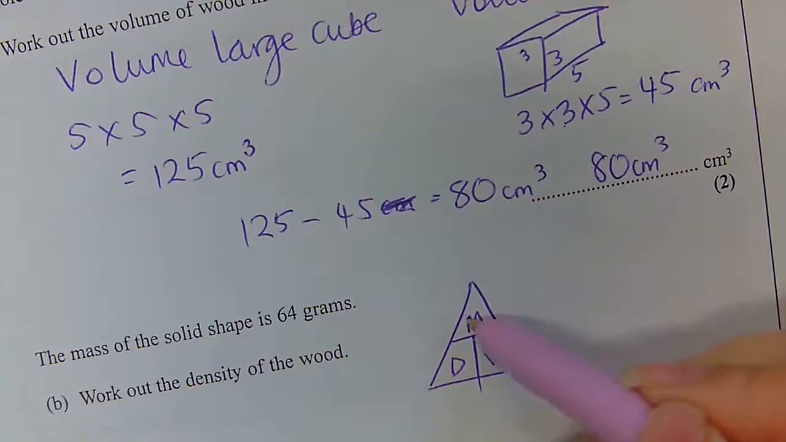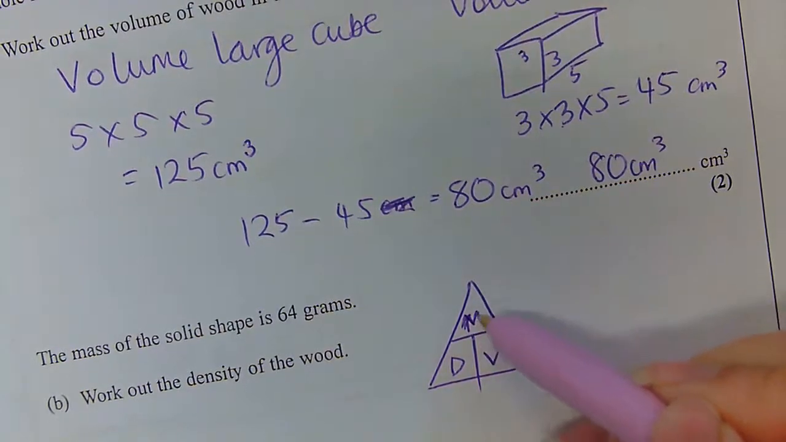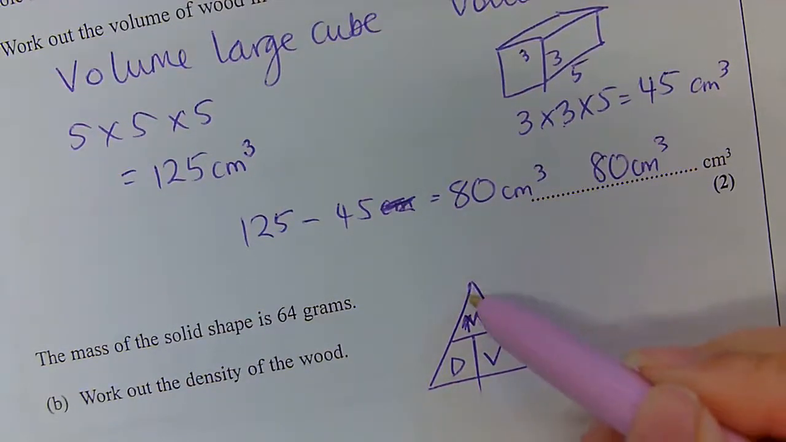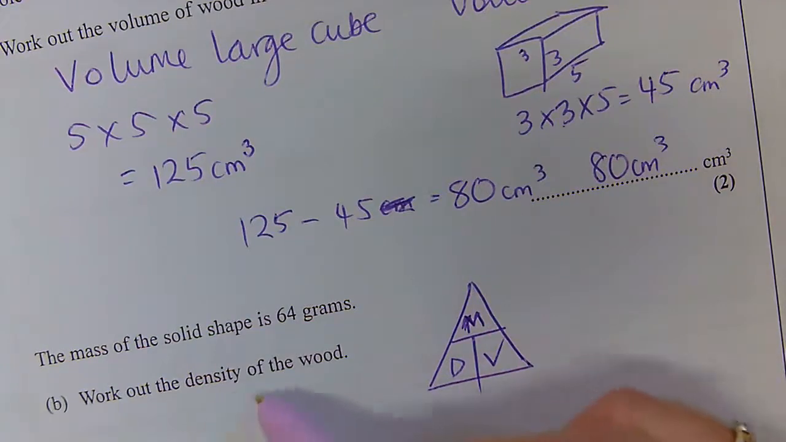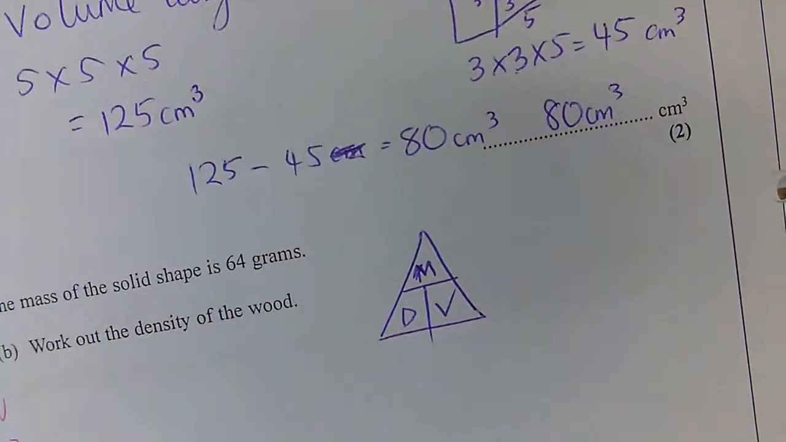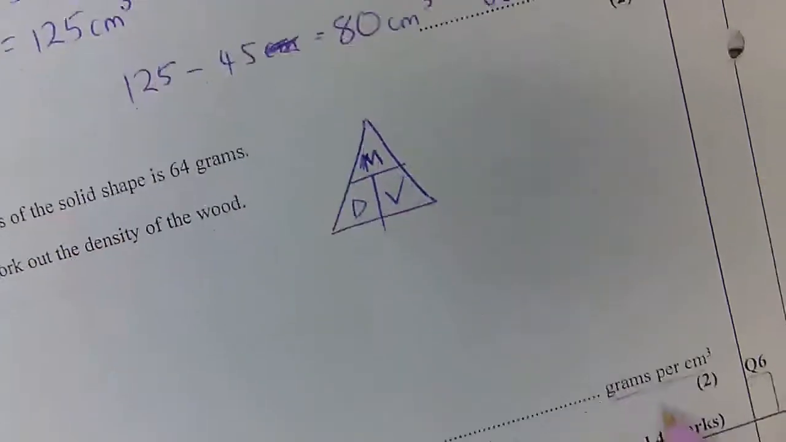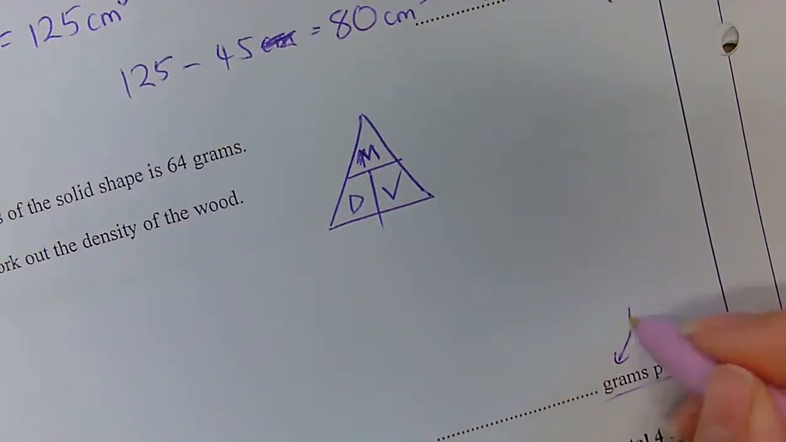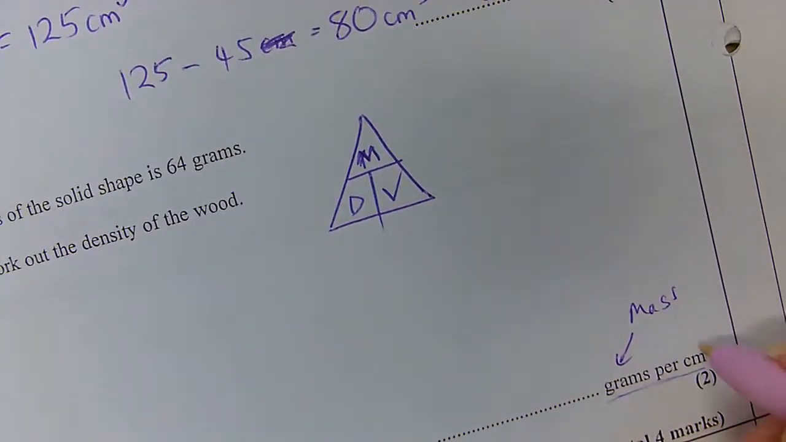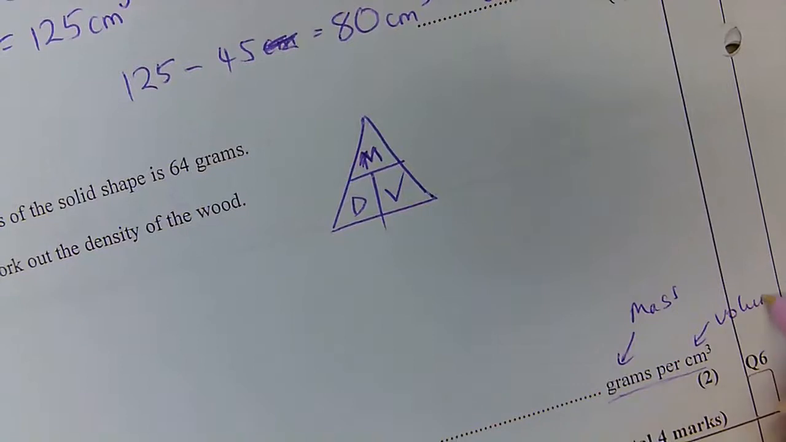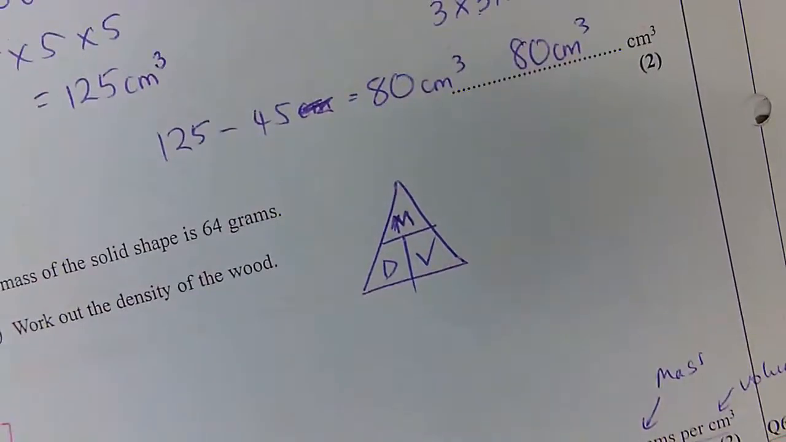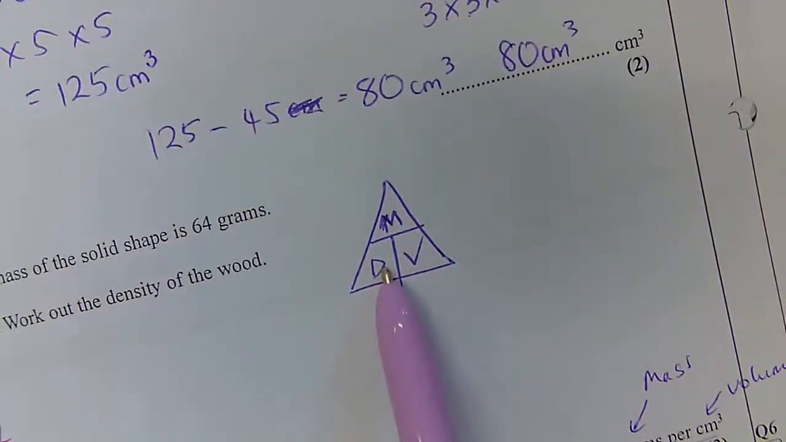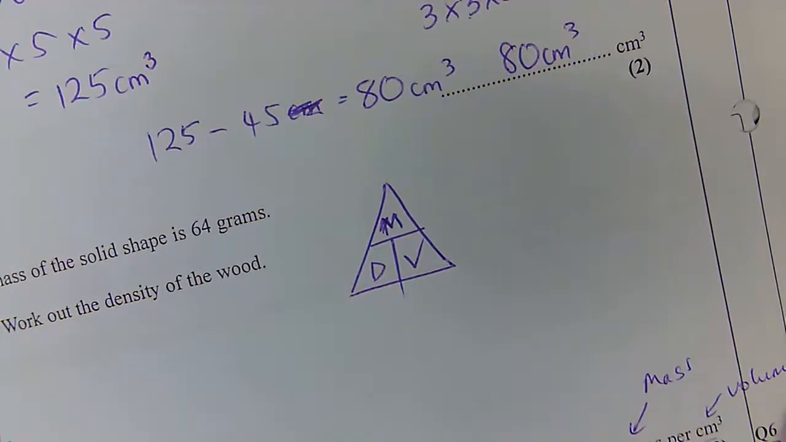I remember it goes up that way because these little points of this M are like the points of the triangle, but also sometimes it will tell you the units. In fact, here, the units of density are grams per centimeter cubed. Grams is mass, centimeter cubed is volume. So you know density